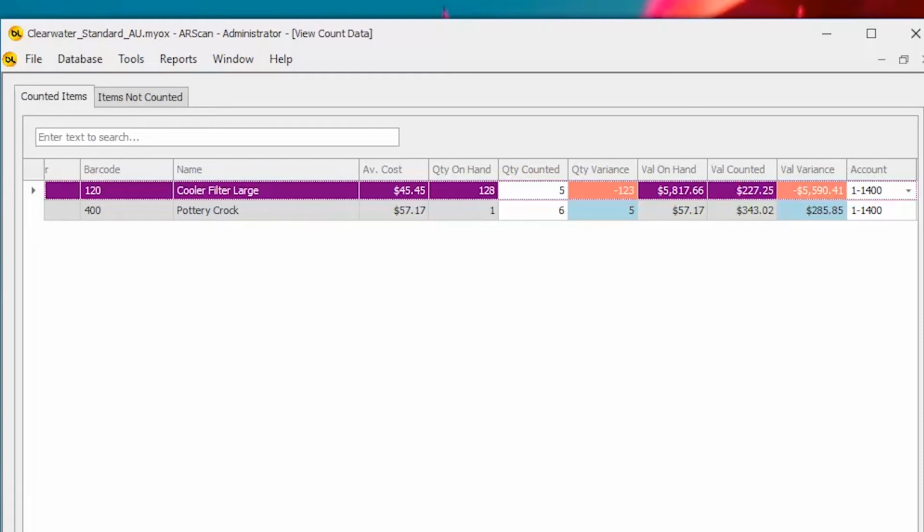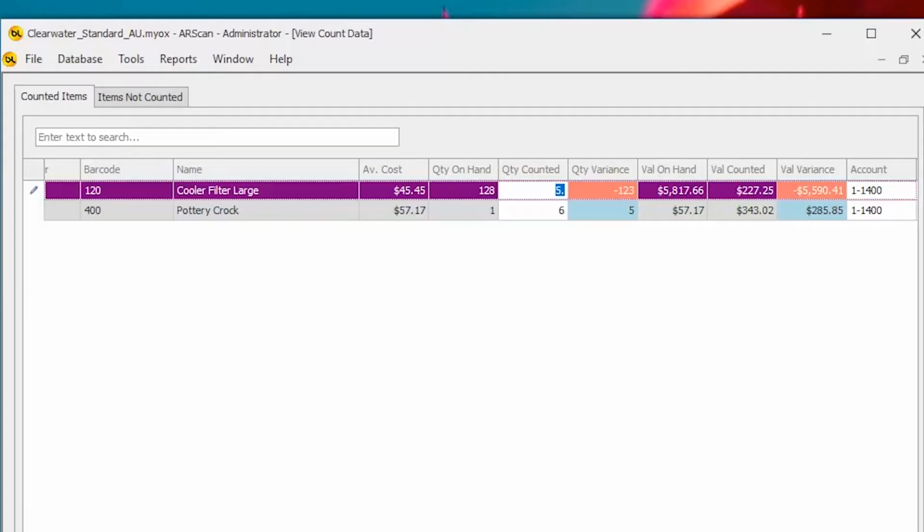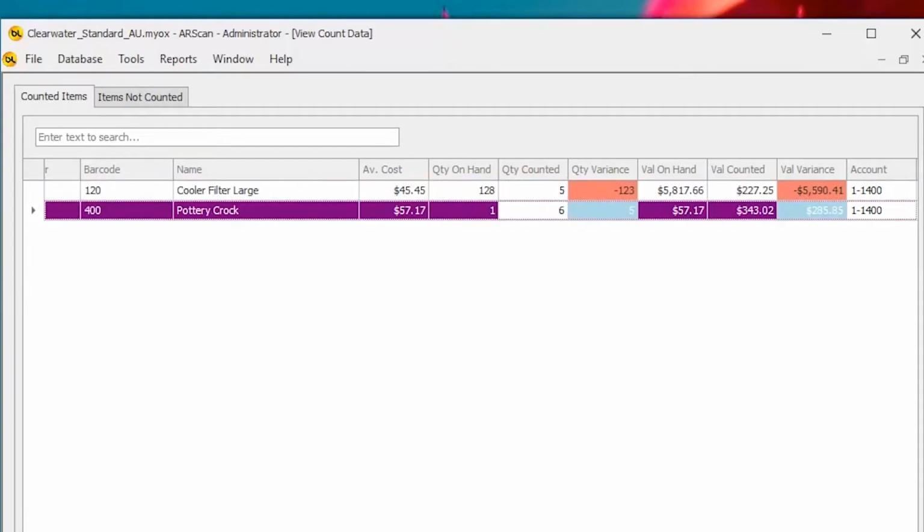So we might want to, in a normal scenario, go and have a look and see if maybe we've miscounted when we've stock taken, or if there's stock somewhere else. For the pottery clock, we've counted, there was 1 on hand, we've counted 6. The quantity variance is 5, so we found 5 extra that we didn't have counted within MYOB itself. So that results in a value of a positive of